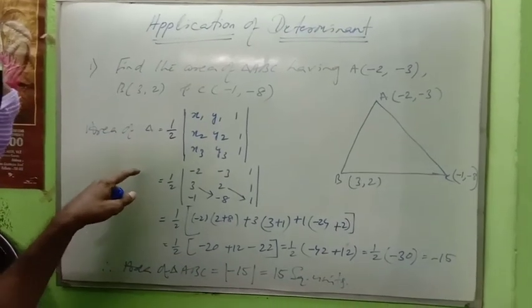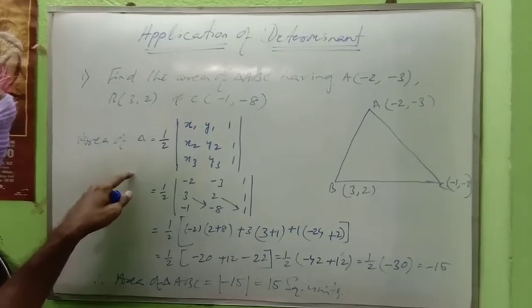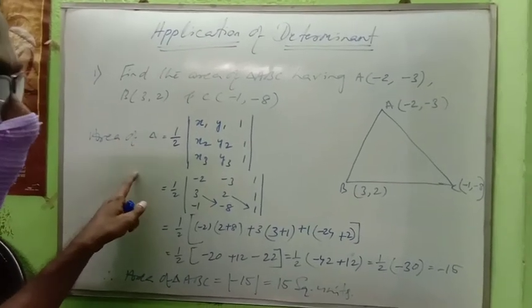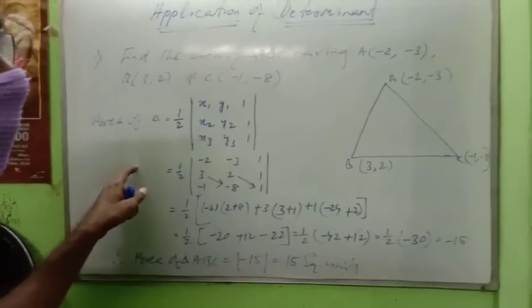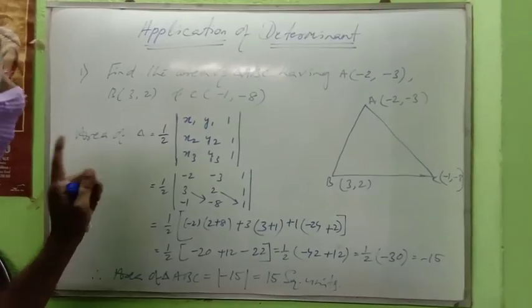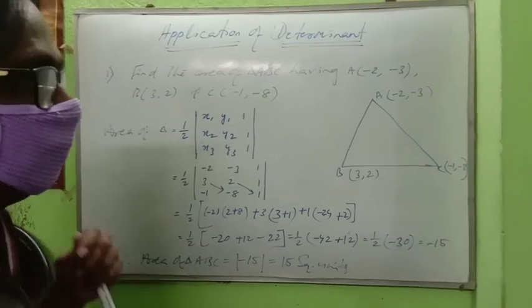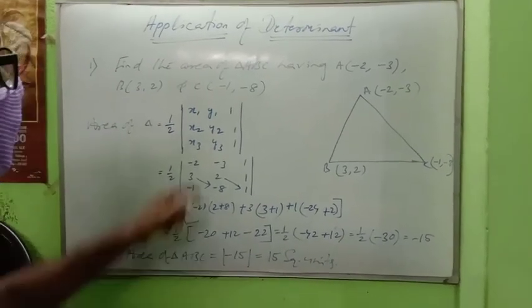Okay. Next I will continue the application of determinant by solving 2 variable equations, 3 variable equations, which is called Cramer's rule. By the help of Cramer's rule, the simultaneous equations of 2 variables and 3 variables can be solved by the help of determinant.